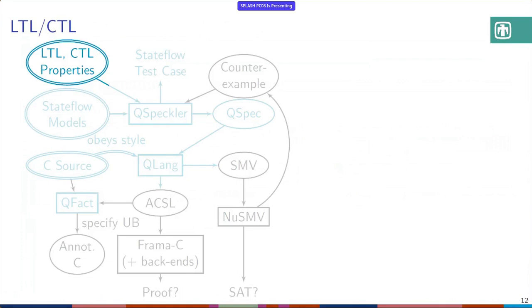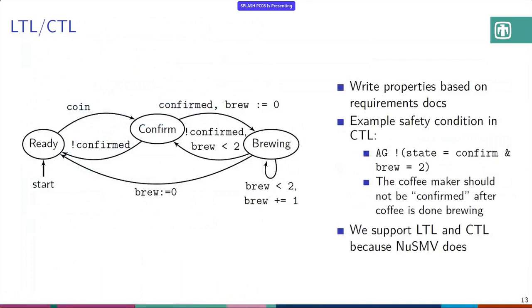Right. Okay, so imagine we have some model, and we have models of many different interacting systems. We want to write some properties about these models. So here's the system again, and what we use are LTL and CTL because of their wide support. LTL, linear temporal logic, CTL, computation tree logic. One might think of an example safety condition, which says the coffee maker should not be confirmed after coffee